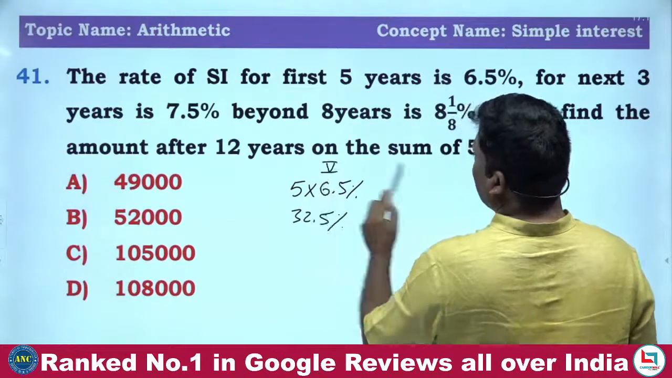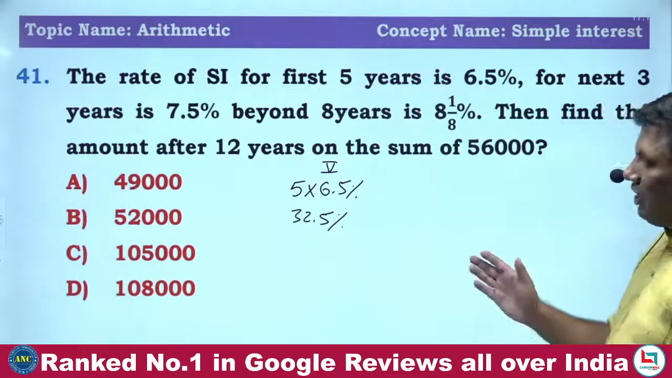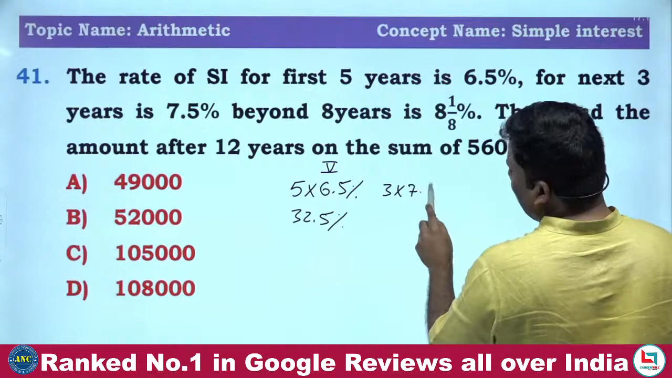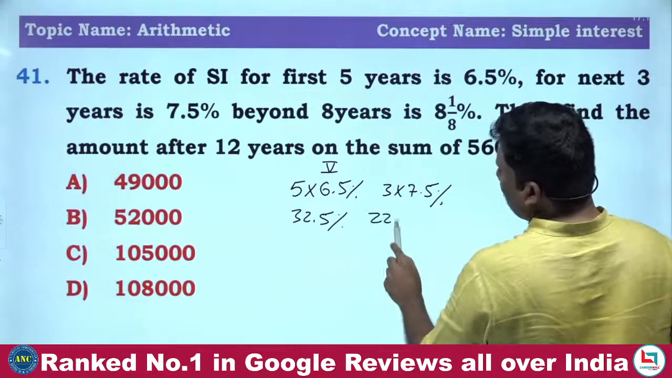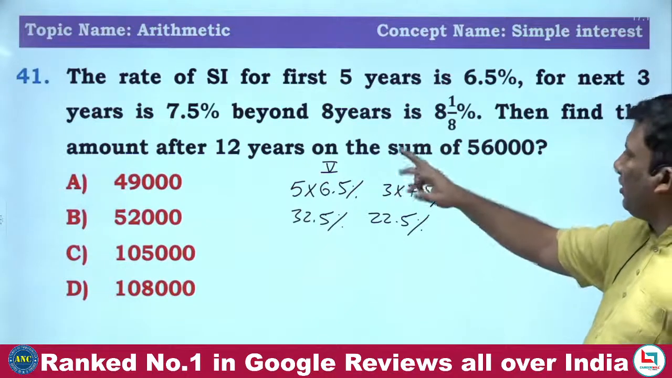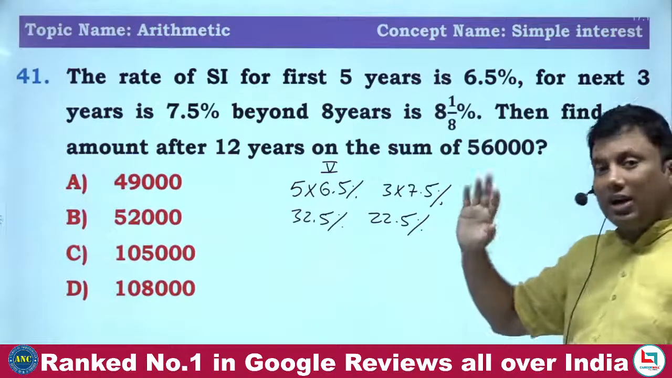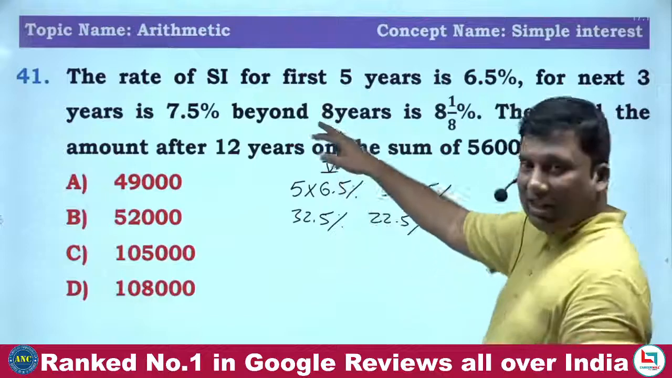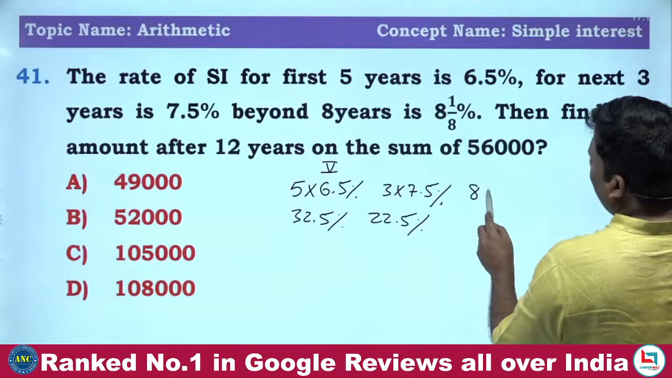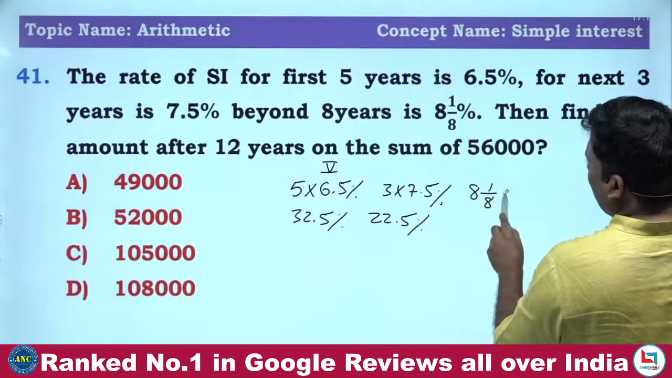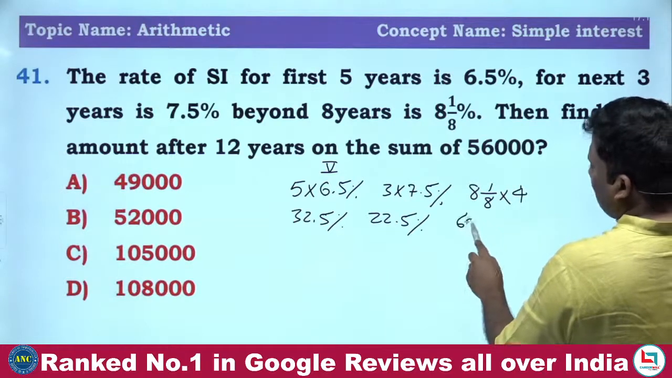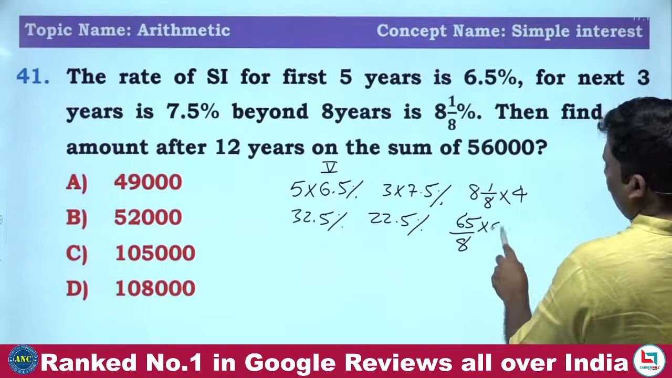32.5%. It is for the first 5 years. For the next 3 years, it is 7.5, which is 22.5. Totally how many years are over? 5 years over, 3 years over, 8 years over. Beyond 8 years, out of a total of 12 years, 8 years are over. It is 8, 1 by 4, 65 by 8 into 4, which is